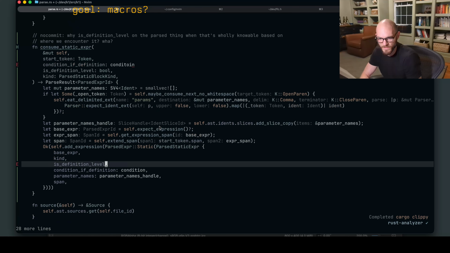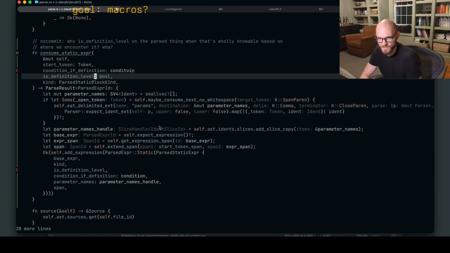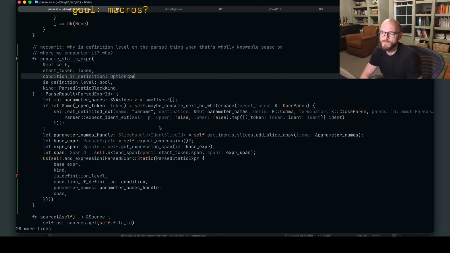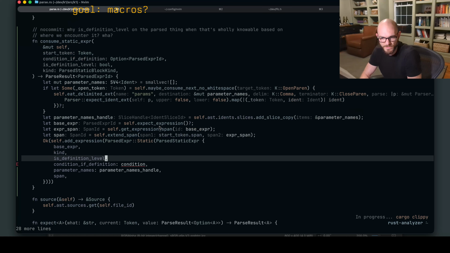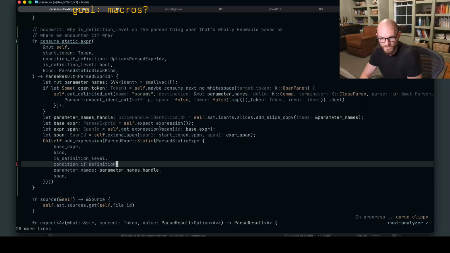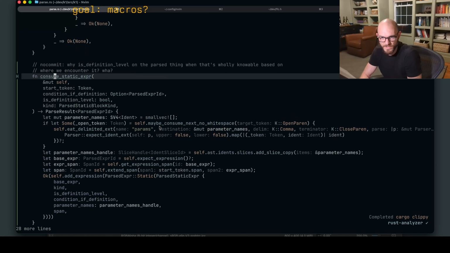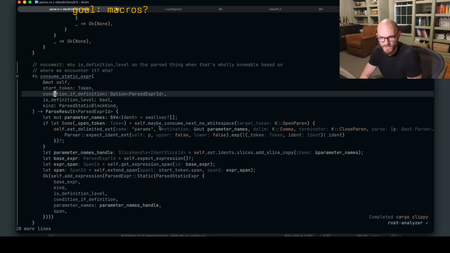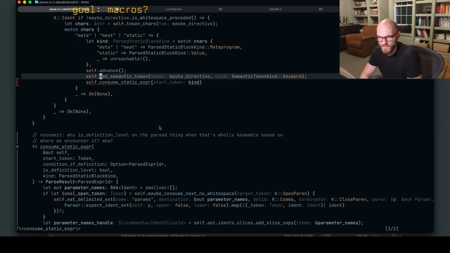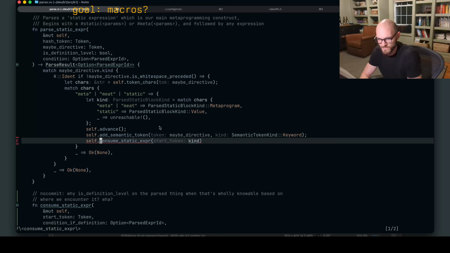As a type, probably option, parsed expr ID. All this just to, yeah, I mean, clearly we have a problem because all we wanted to do was add a new syntax for starting one of these, and then we had to do all this. Condition if definition. Yeah. Full of trouble.